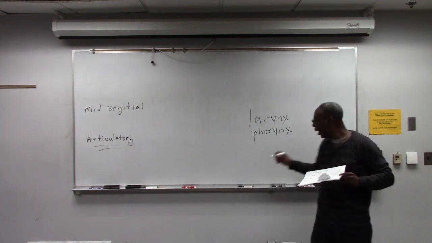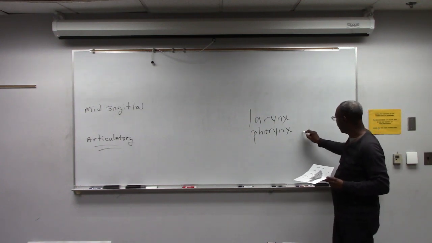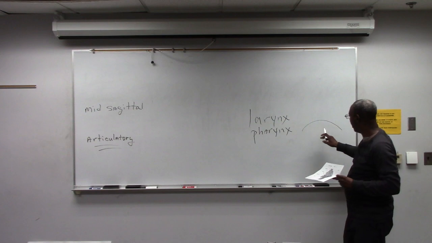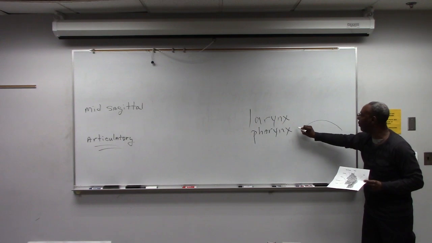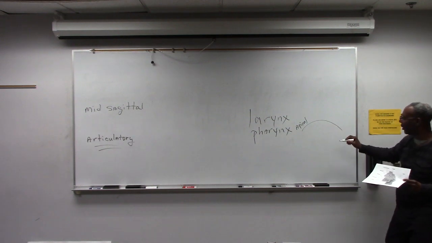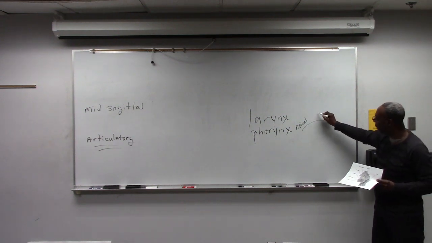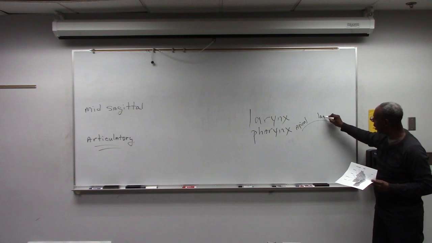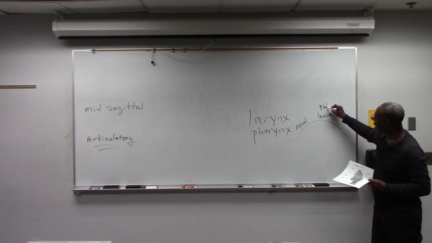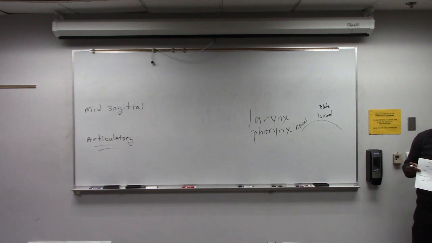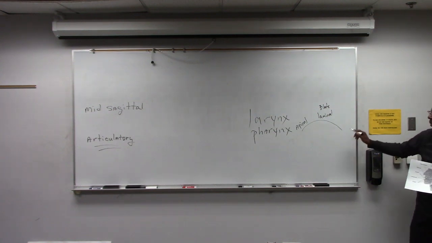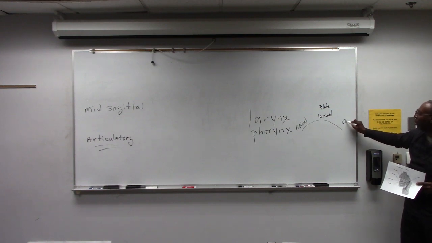Let me see. The tongue. In most of the literature, you'll see them say apical would be the tip of the tongue. Apical. It gets very, very scientific. Laminal would be the middle of the tongue, or they call it the blade. And the back of the tongue, people call it the dorsal.